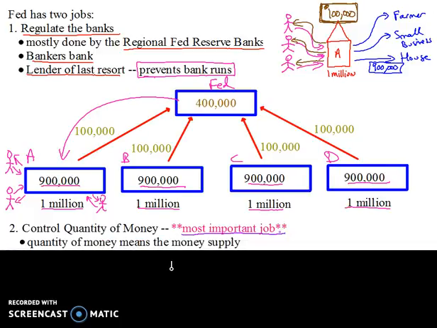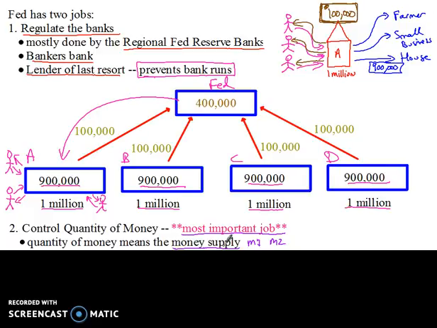First of all, what is the quantity of money? Well, the quantity of money means the money supply, the amount of M1, or if we're doing M2, the amount of M2 money that exists out there for people to go out and buy and sell stuff. When I say money supply, I'm thinking more in terms of the M2 money supply, which means cash in your pocket, a checking account, savings account, certificates of deposit, money markets, things like this, all part of the amount of money that you have available to go out and exchange goods and services. So that's what I'm calling the money supply. How much of that is out there?